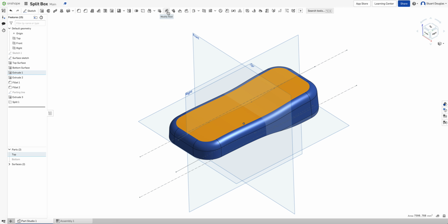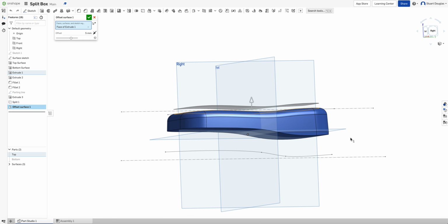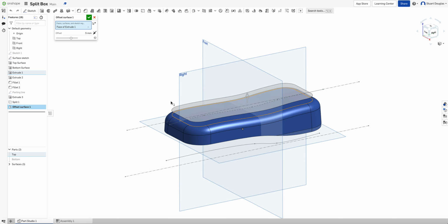You'll see these other ones here. These are to do with modifying and changing faces. That's related to this, but to begin with, we're just going to offset this face of this surface. So if I spin my work round now, you will see that it's copied that exact shape, but it's raised it up into the air by 5 millimeters. Well, actually, what I want to do in this instance is I want it to go into my work. I don't want it to go very far, so we're going to go 2 millimeters